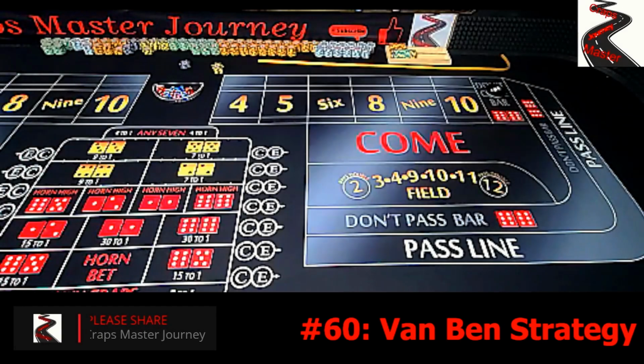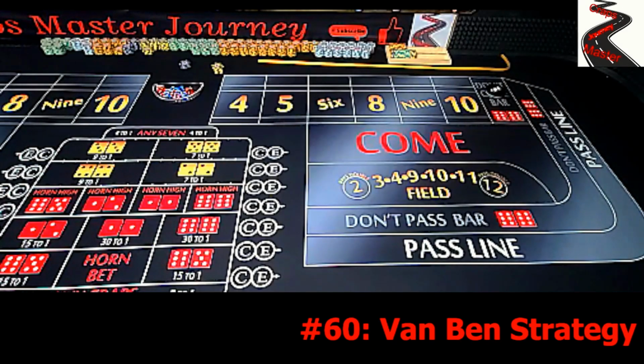It is strategy number 60 of 60, the final one in our 60 series, and it's brought to us by the InvincibleCubes YouTube channel. The name of the strategy is called Van Ben Strategy Dice Influence Hardways Dice Set Part 2. He filmed it in December of 2021, and it has over 1,300 views to date. He goes with a $25 table, and he starts off with a